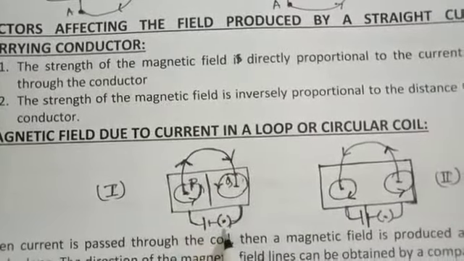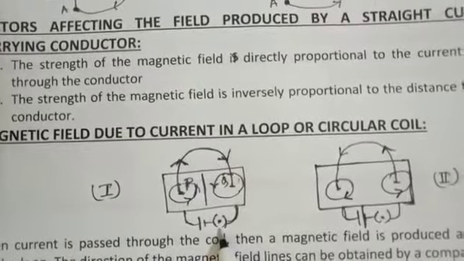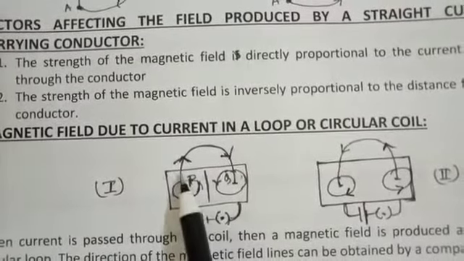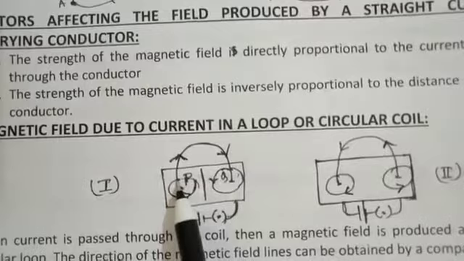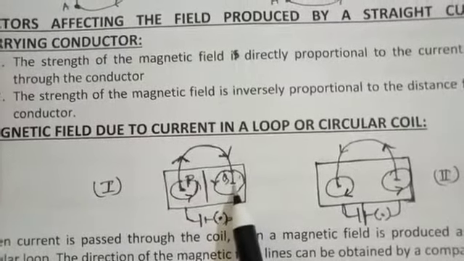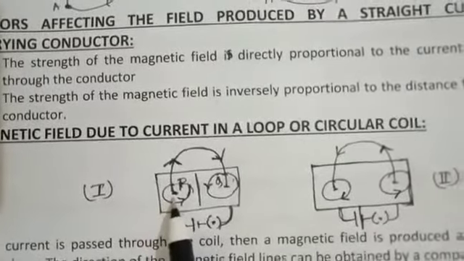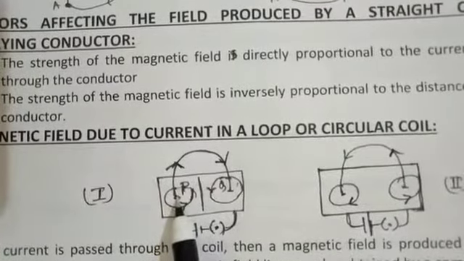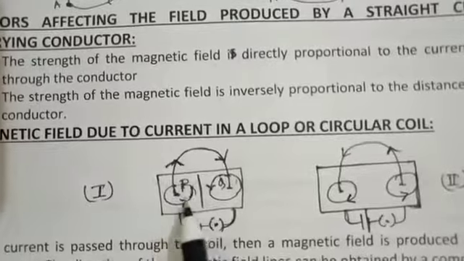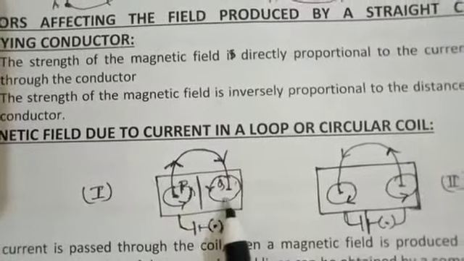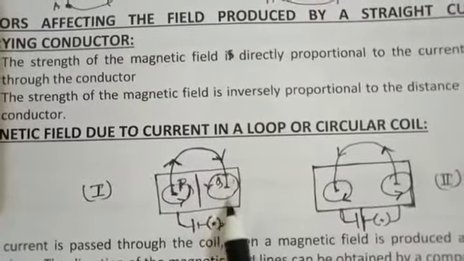Now when we complete the circuit, as we know, a magnetic field will be created around the point P and around the point Q. And from the Maxwell right hand thumb rule, we will come to the conclusion that at the point P we have an anti-clockwise magnetic field, and at the point Q we will have a clockwise magnetic field.